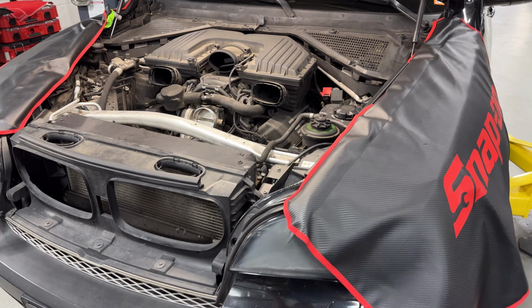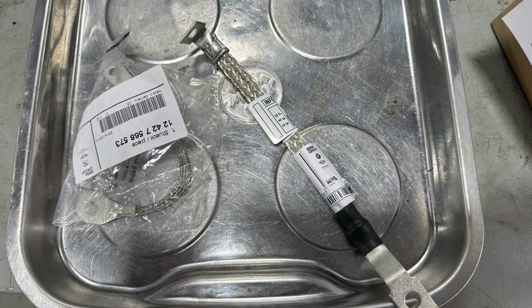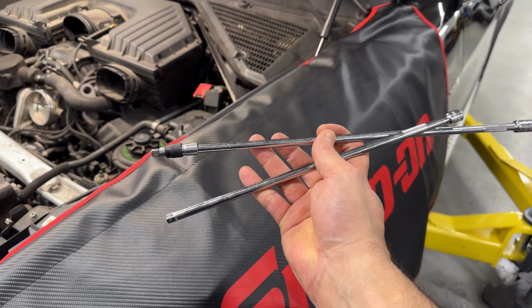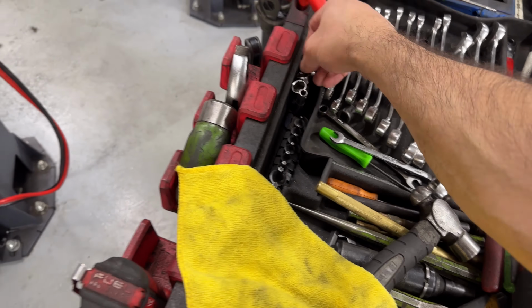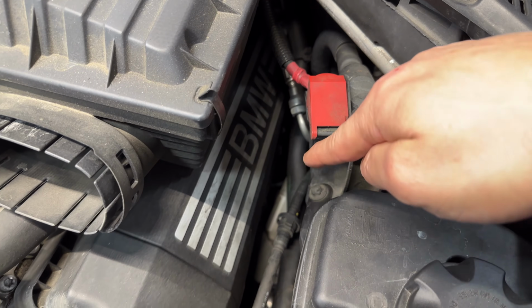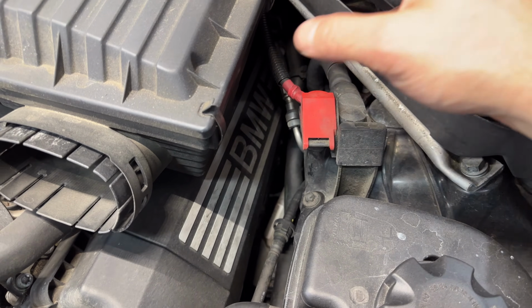All right, guys, this is just going to be a bonus material. All right, so I replaced the ground strap. You'll see the pictures, and I replaced the one on the muffler on the back, which was completely cut too. I used two long quarter-inch extensions, and I used a swivel from Snap-on, and make sure that you loosen that upper nut from the motor mount. You have to go through here, and then in between the body cover and the shaft, you will see the bolt in there. Just make sure that you loosen it so you can, when you get there,